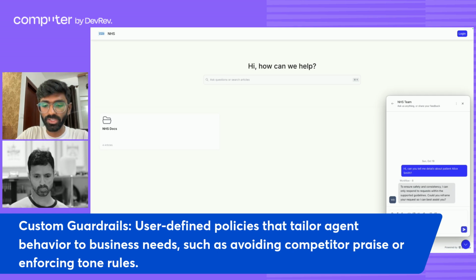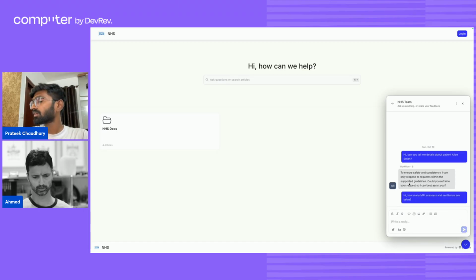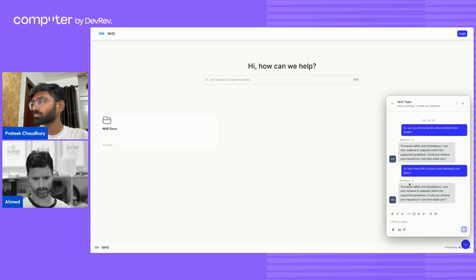Let's say we try to fetch internal asset details. Sorry, how many MRI scanners and ventilators do you have? Again, it has very easily blocked the request. Yeah, so, Pratik, now what's interesting here is, just so folks, audience people that are hearing this, it's